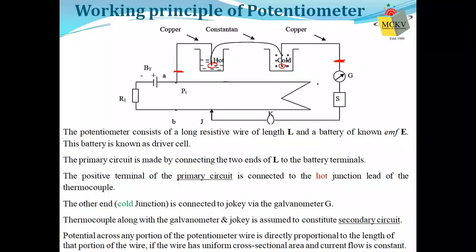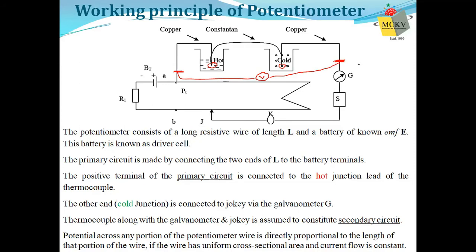You can see this circuit where there is a battery and a resistance. This is called a potentiometer wire, a potentiometer that you have. A galvanometer is there too. Why all the fuss? You could ask, sir, why can't we use a simple voltmeter and connect it across to find out the voltage or the EMF developed? That is what we require.